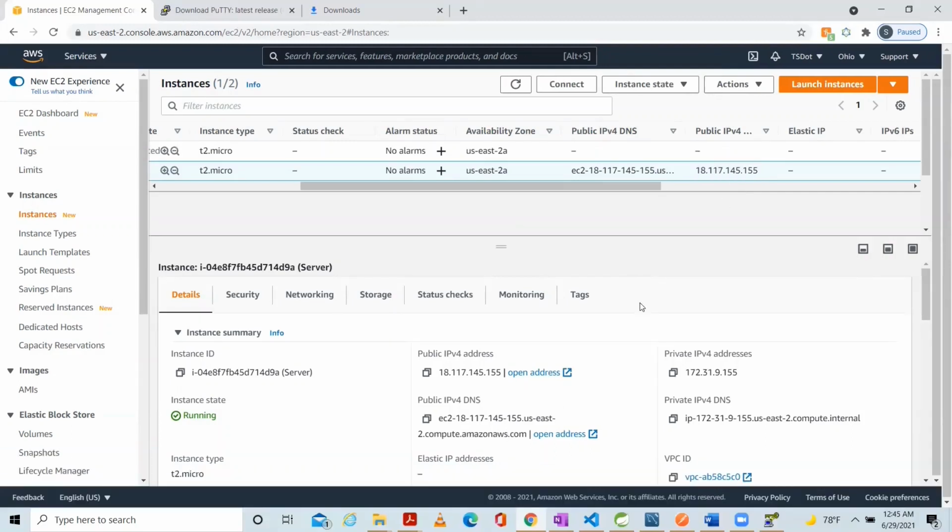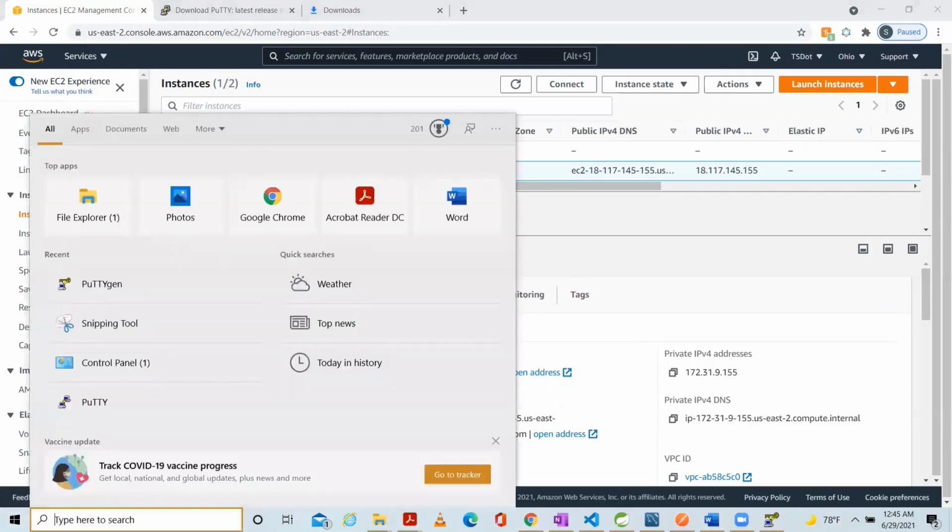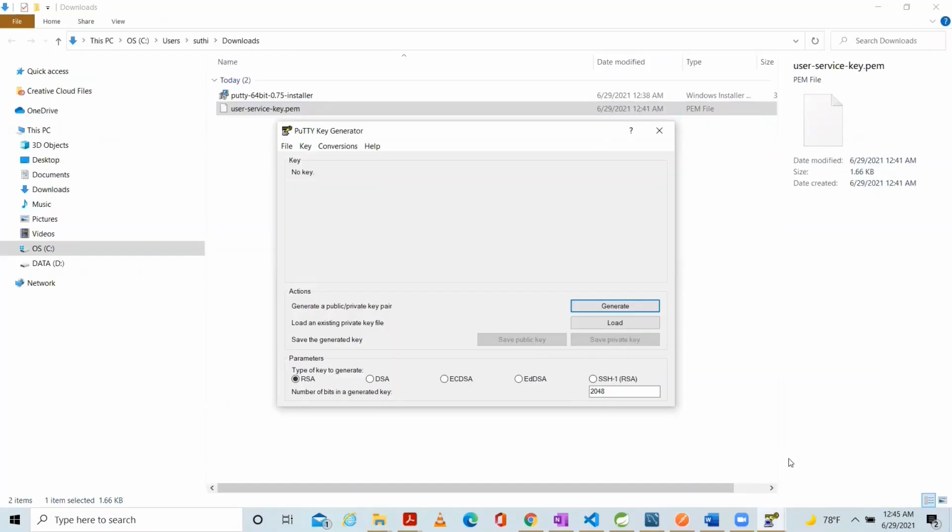Before connecting to the instance, open PuTTYgen. Basically, to connect to the instance, we need the private key. We have downloaded the private key. Actually, PuTTY does not allow the PEM format that the key has right now.